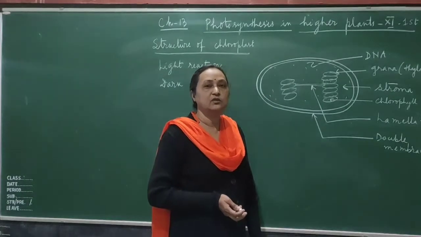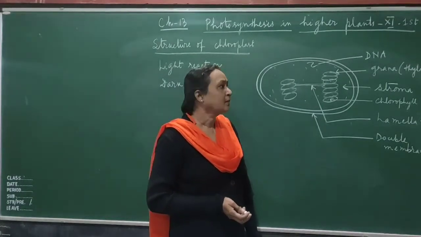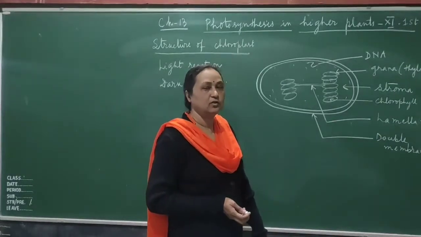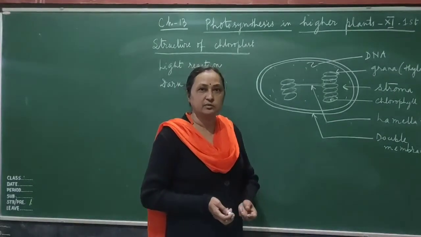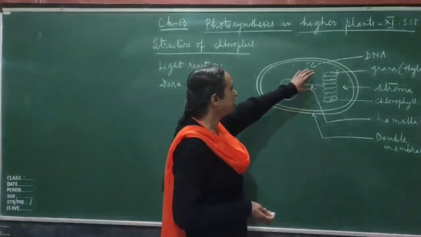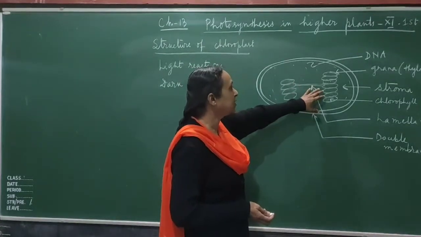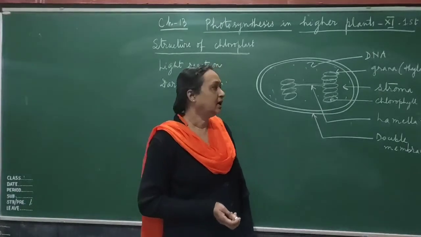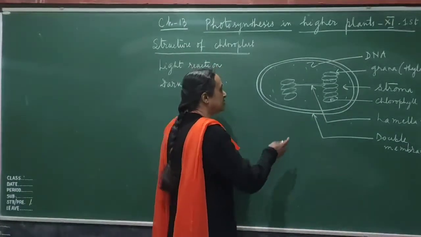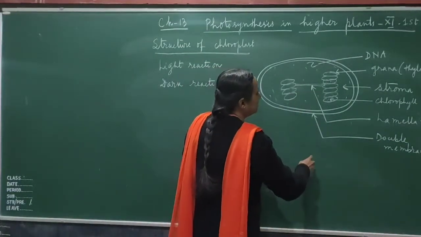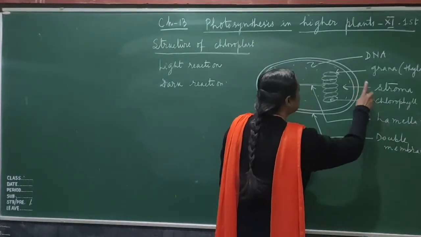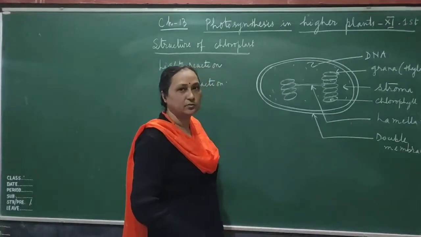Each single unit, what are we calling it? Thylakoid. And this thylakoid contains your chlorophyll pigments, because chlorophyll pigment is what absorbs the solar energy. Okay, so altogether, when many thylakoids are piled one above the other, we call it grana. And also there are some tube-like structures which connect the grana, and these are called lamella. Okay, so these are all the different structures of the chloroplast.